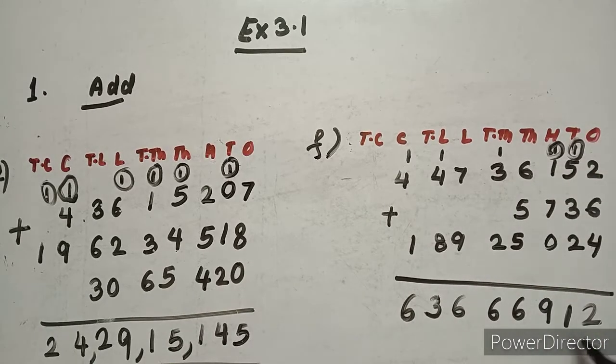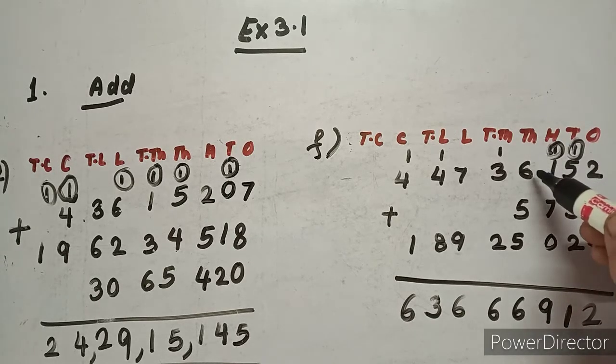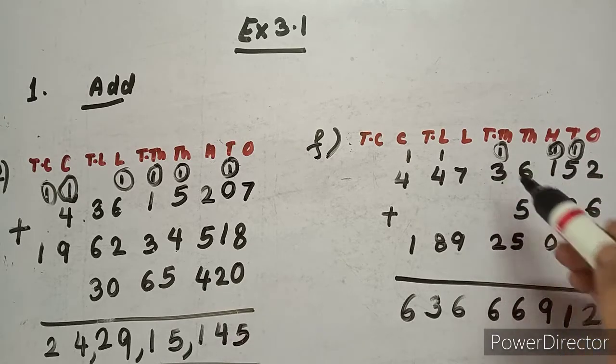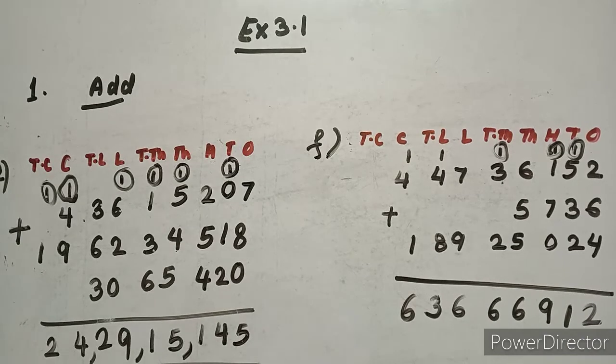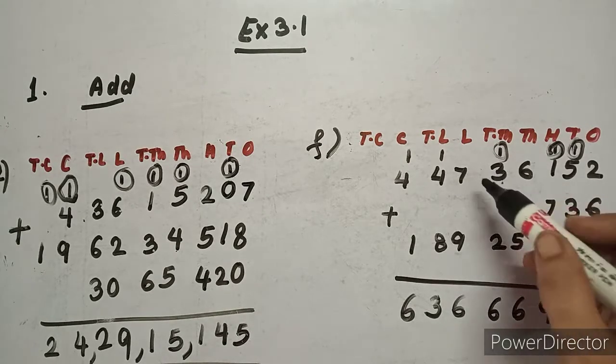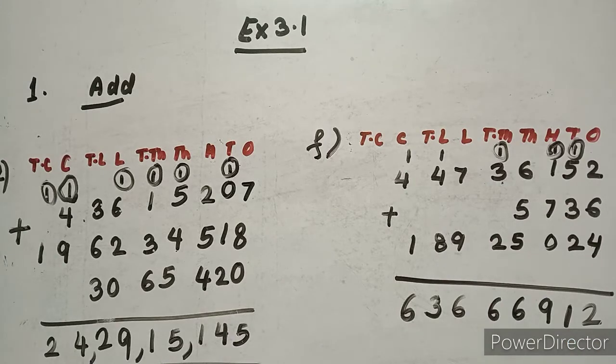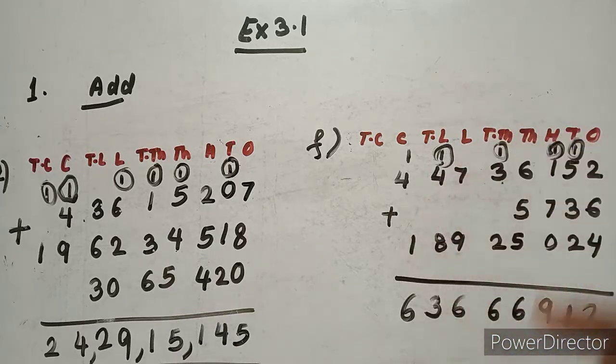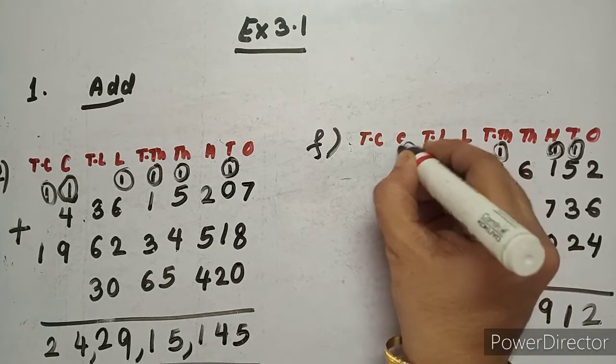Okay, 11 का 1 नीचे हुआ है और 1 ऊपर. Then you can see 7 plus 1 is 2, 2 plus 7 is 9. Then you have 6 plus 5 plus 5. So it becomes 16, 6 down, 1 up. And 1 plus 3 is 4, 4 plus 2 is 6. Then 7 plus 9 is 16. So 6 down and 1 up. 1 plus 4 plus 1 is 5. 5 plus 8 is 13. So 3 down and 1 as carryover.